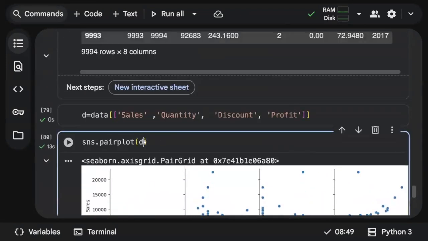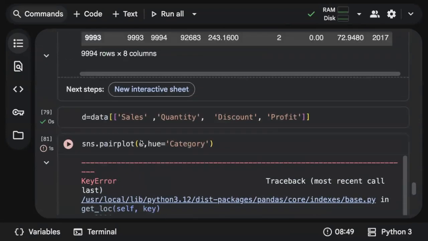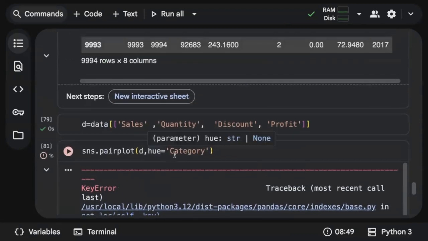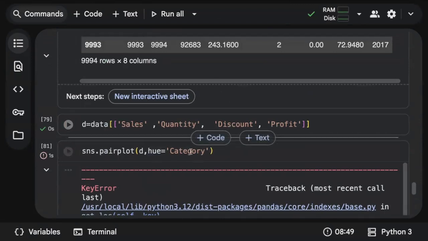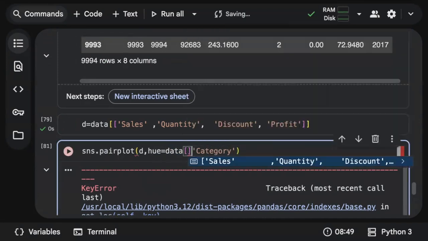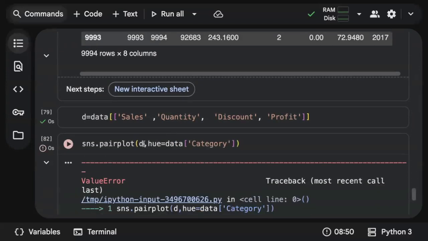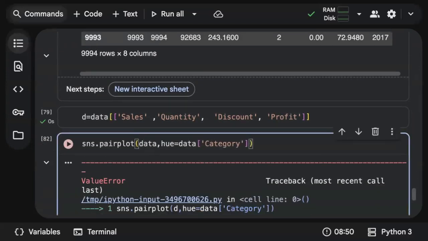Okay, and if you want to make this colorful, you can also add hue is equal to a category so that you definitely get a colorful graph with respect to different categories. So this is not giving it because in our data we don't have this, right? Hue, we don't have it. So I can call it like data of category, that would work. Okay, so we didn't pass it, so that's the issue here.